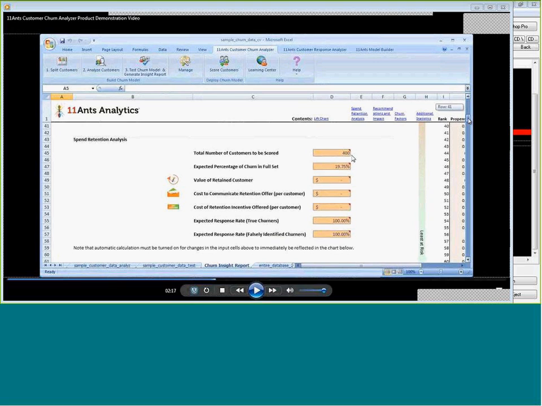So in this, what they do is say, all right, now we've got 400 new customers we have to score, the estimated percentage of the churn. Then they're going to put some numbers in here for what's the value of keeping a customer? What's the cost of communicating an offer? What's the cost of the retention incentive if they accept? The expected